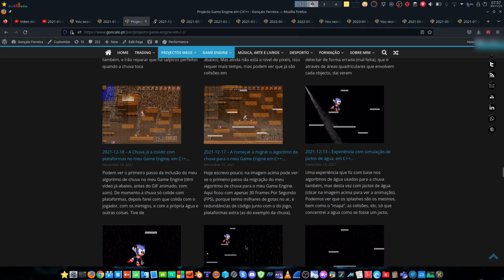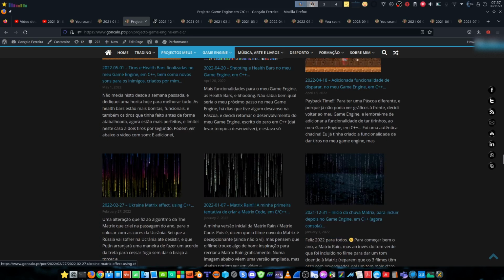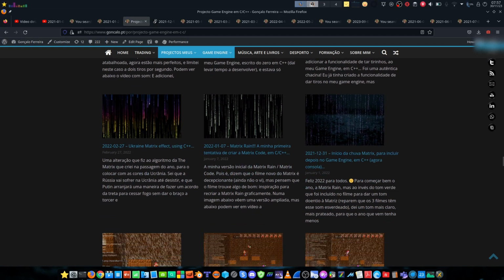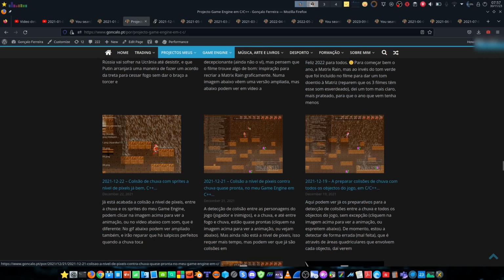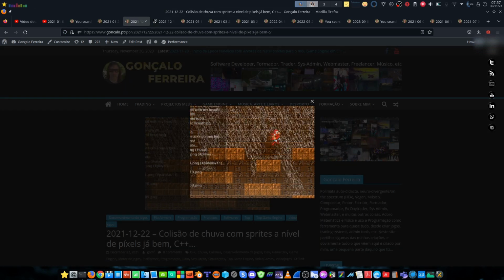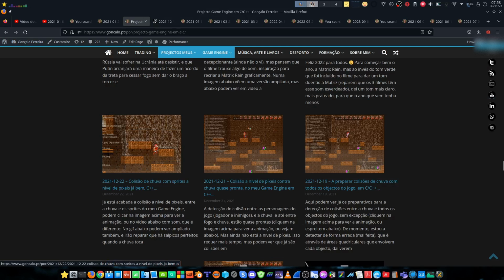Let's get back here. After developing the rain, I overreacted and put lots of raindrops here. This was the rain. Then I started to create a matrix. Okay, matrix rain. This was already at the beginning of 2022. The rain was because I usually invent something new near Christmas. One Christmas I used the sun. Oh no, I didn't want to do this. Doesn't matter. On the first Christmas I put some